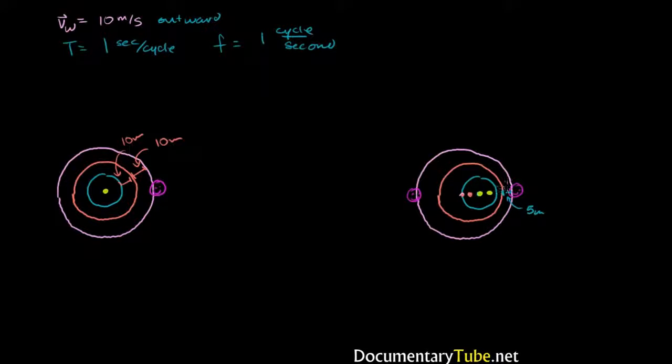And you can see it visually. This distance right here is half of this distance. These are 5 meters apart. And on the left-hand side, if you're on the side of the source that the source is moving away from, it would be 10 meters, but every second the source is also moving 5 more meters away from you. So this perceived wavelength right here is going to be 15 meters. It's 15 meters, and we can see it visually. That's the whole reason why I drew